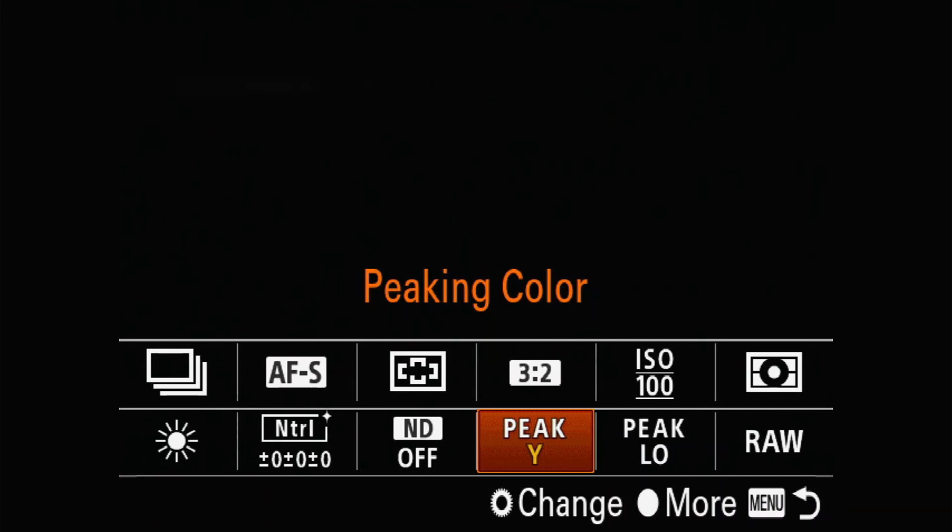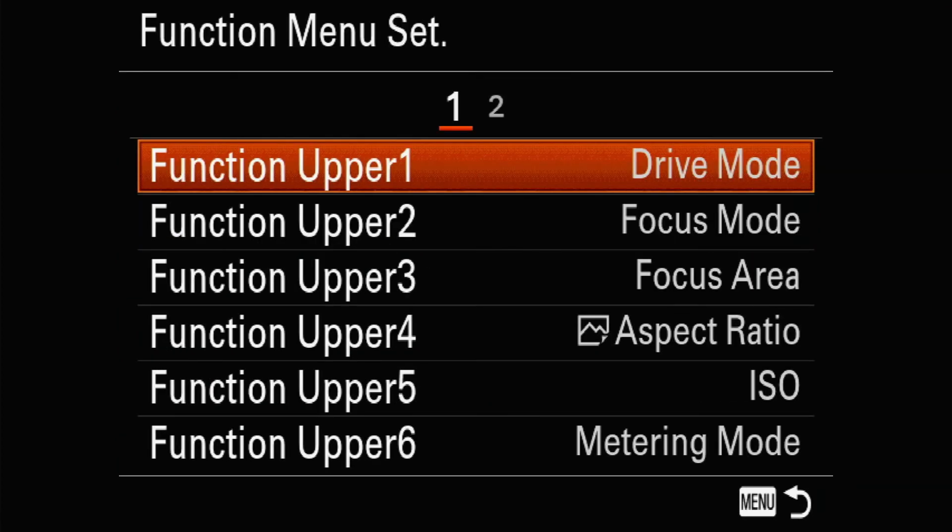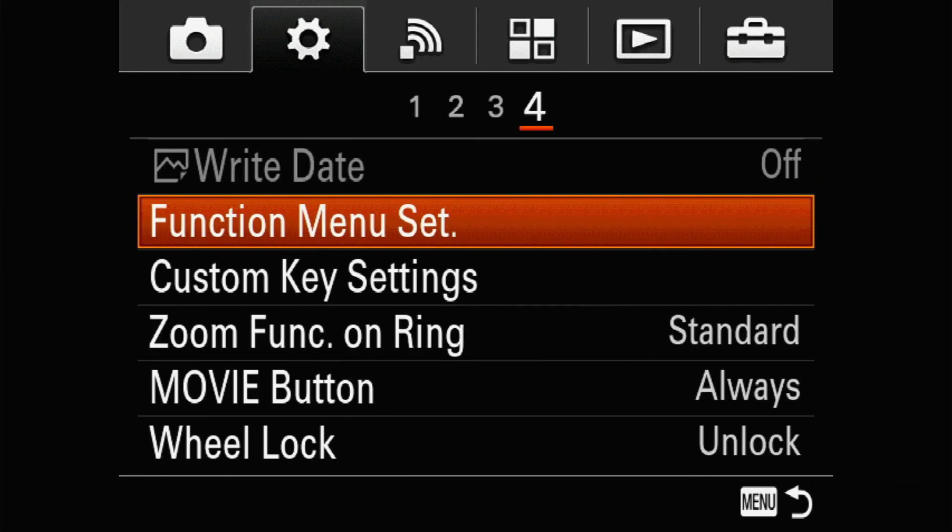I can set the functions which are used by me frequently, so that I'm able to change them quickly whenever there is a need. So this is the setting where we can assign the various functions in row number 1 as well as in row number 2. That customization as a shortcut key is available for you.